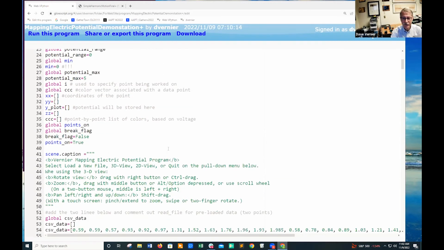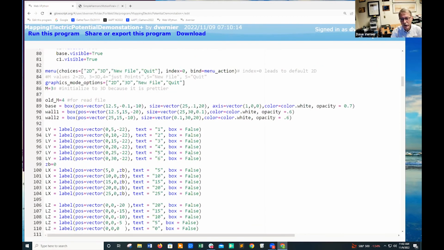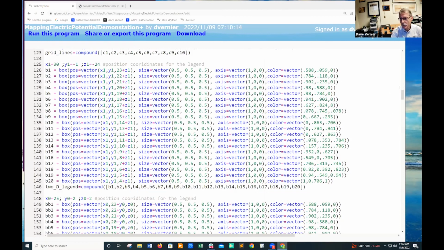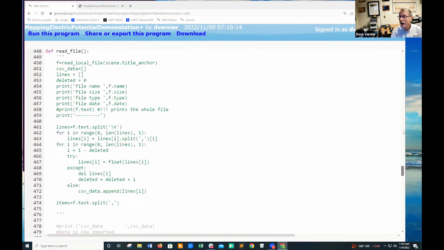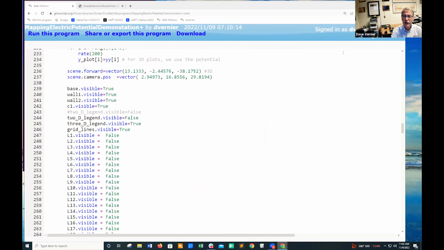So you'll see this is a fairly involved program, but it's yours to use if you want. I think I have time enough to do one more thing, promoting web VPython, which I do think is an amazing thing. If I go here, this is where I signed in, and if I go to